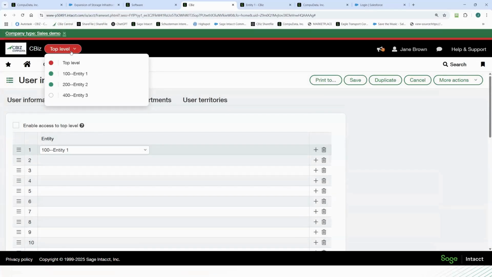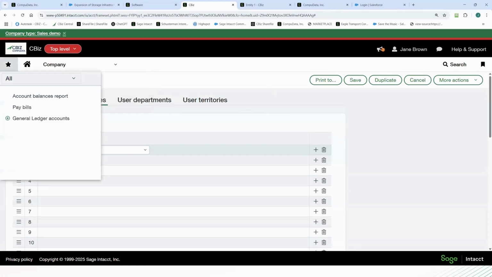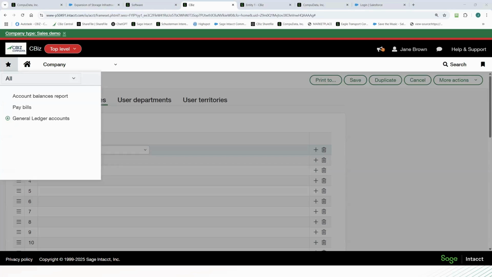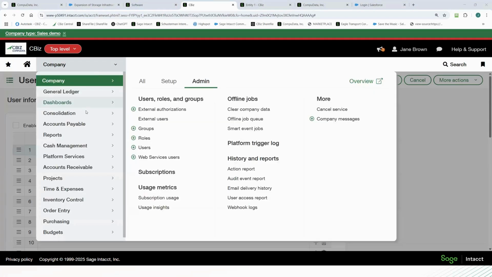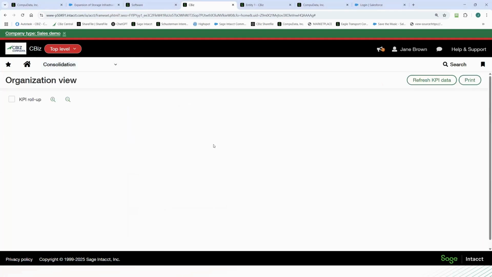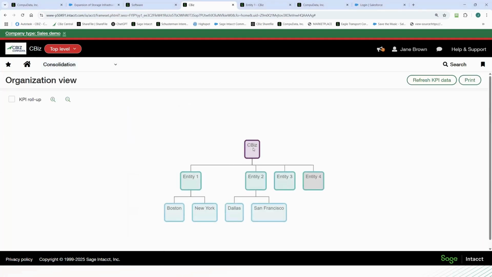We can add shared charts of accounts, vendors, customers. We have the ability to restrict those vendors and customers to specific entities if we need to. A couple other benefits with this multi-entity structure are auto eliminations and consolidations and inter-entity transactions, which is how we'll wrap this section. So we already took a look at our organizational view here, where we've got our CBiz org